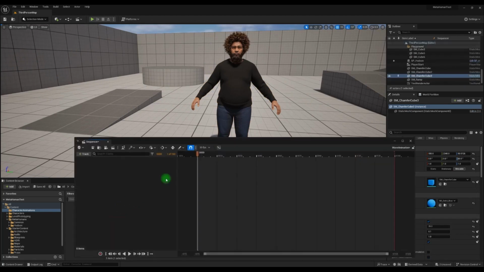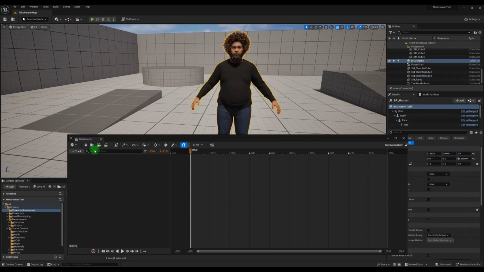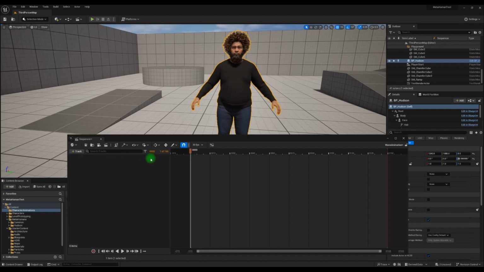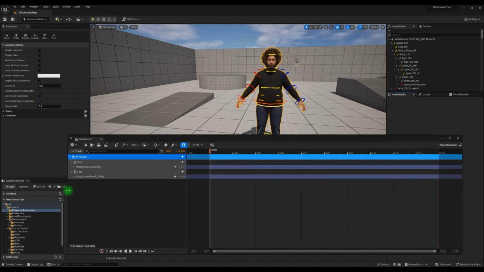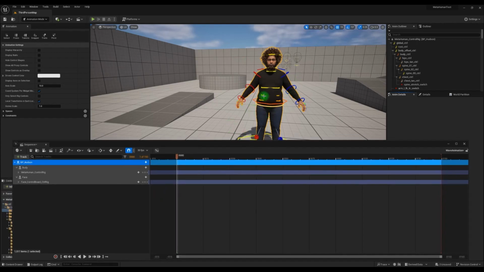So we'll open up the wave animation, and then if we click on the character and then click track, actor to sequencer, and we can just select add BP Hudson or whatever the name of your character blueprint is. Okay, and that's going to populate the data in here, and this is where we will create our keyframes to start animating the character. You'll also notice it's added a bunch of attachments to the character, which will allow us